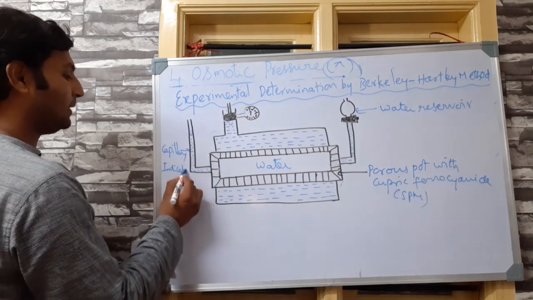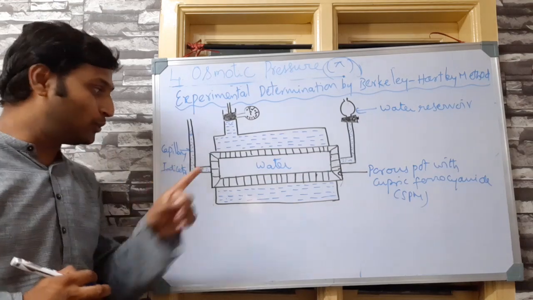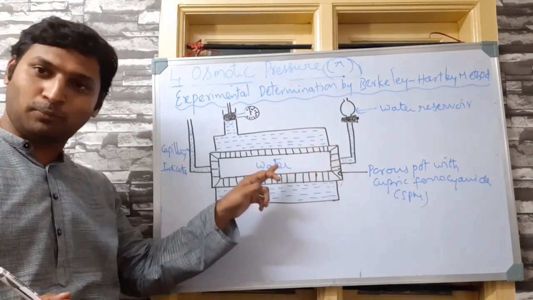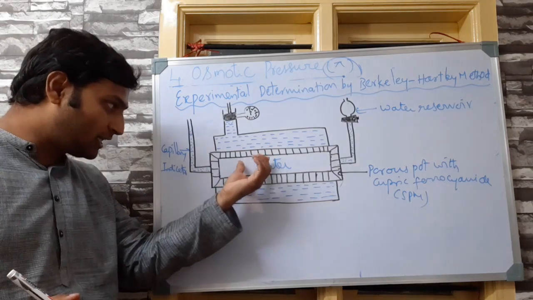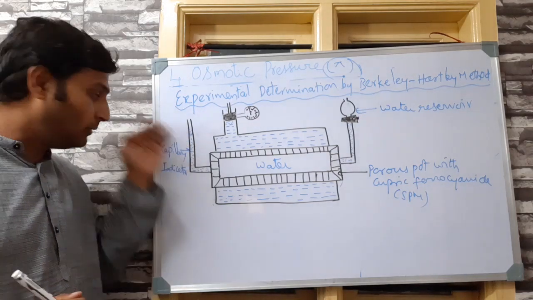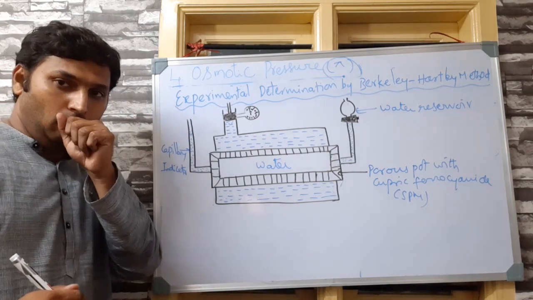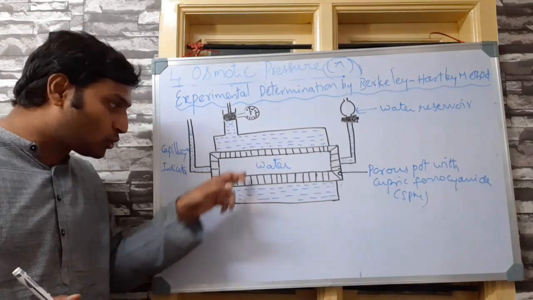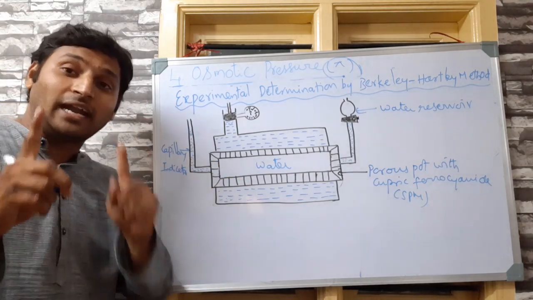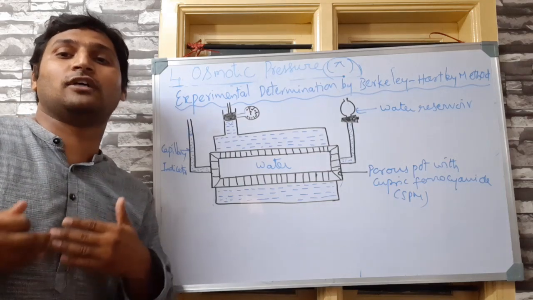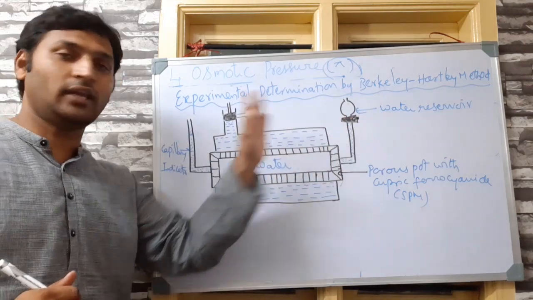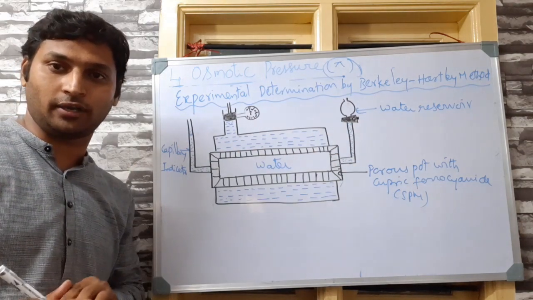What is the use of this capillary indicator? It will tell you if the water from this porous part is reducing. From this side we are pouring the water. As the quantity of water increases in this porous part, the level of water increases in the capillary tube and reaches a point. Now, if water escapes through the semi-permeable membrane, then the level in the capillary indicator will reduce. That will be the indication that the phenomenon of osmosis has started. That is why we have the capillary indicator, and that is why the water reservoir is there, to fill the water.